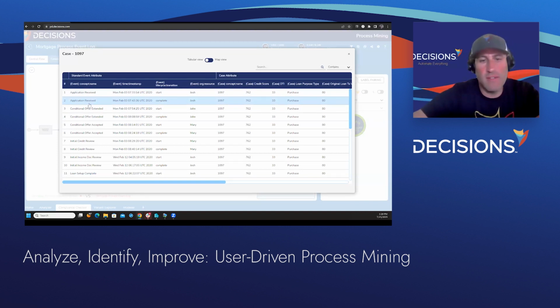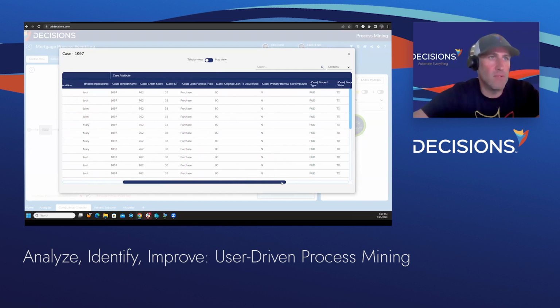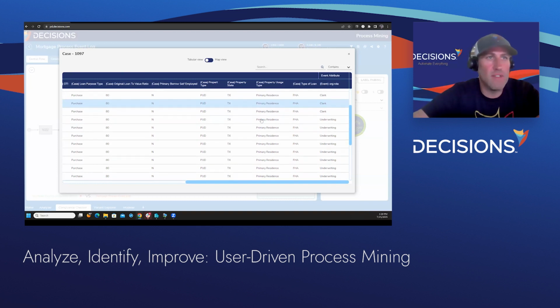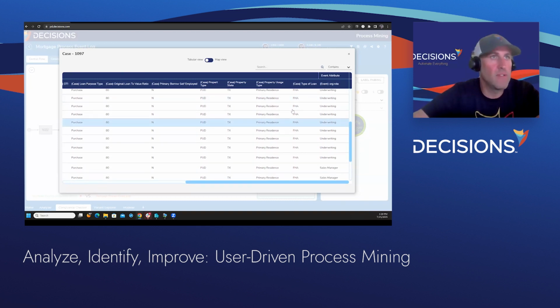We can understand the time and date stamps. More importantly, we can understand some of the other attributes about the mortgage or this case. We can see the type of loan it is, for instance. This is an FHA loan. We can see what state the originating or the property is, and what kind of residence. So as we step through, we can see any type of anomalies, similarities between the different cases. Not going to take time to go through each individual case, just kind of highlight some of the features here.